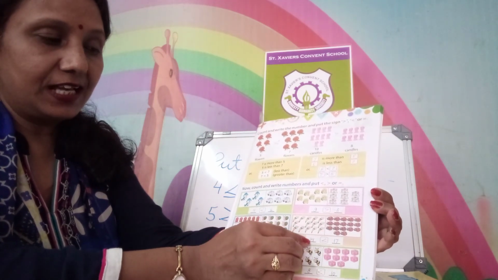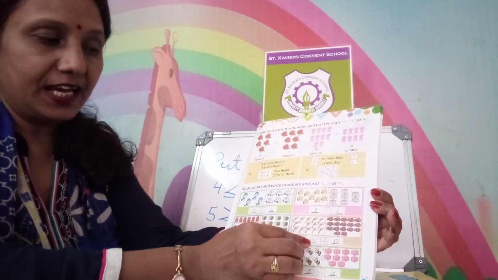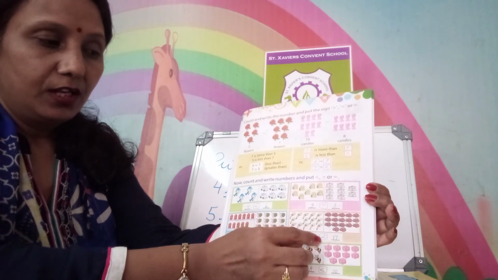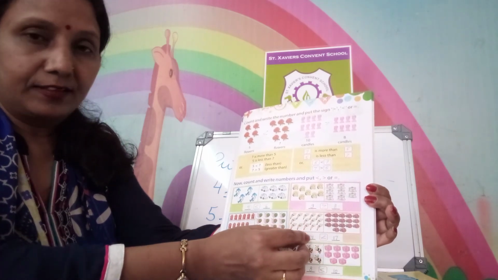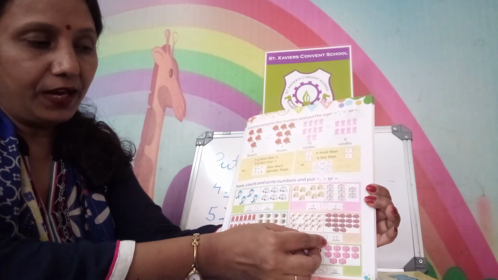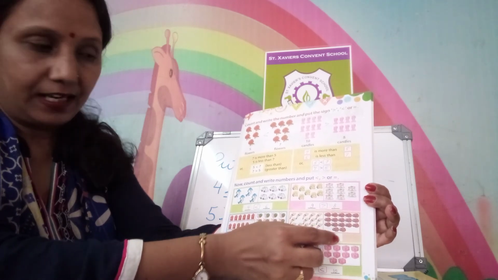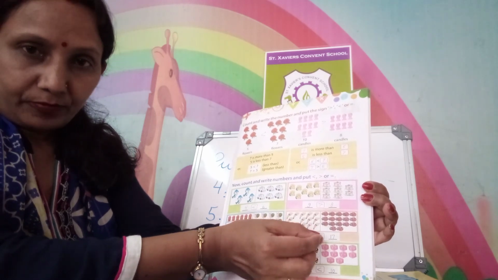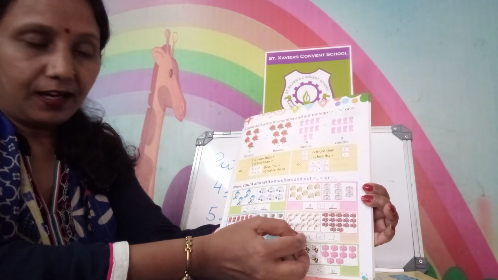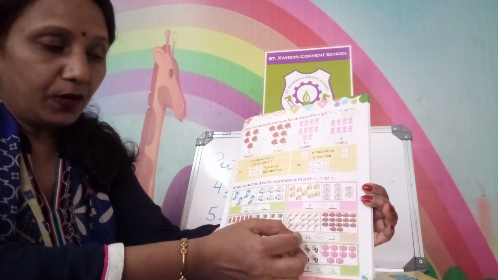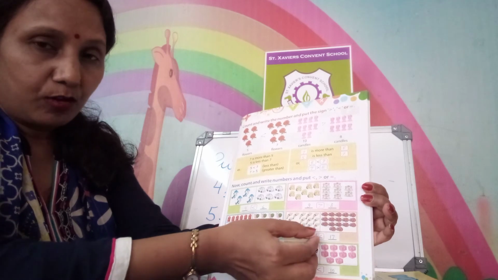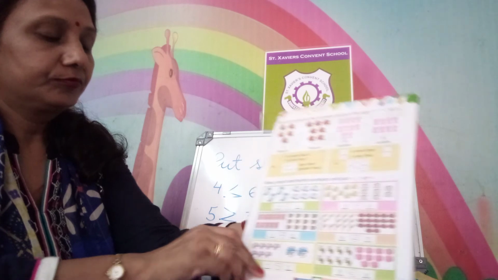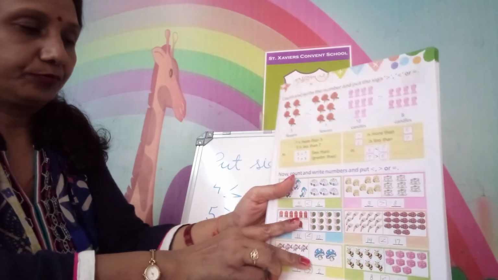17. So which is less? Which number is less? 14. 14 is less than 17. So the point is closed on which side? 14 side, and the point is open on which side? 17 side. If the things are greater, more, put the open mouth, and if things are less, so put which sign? That closed. Okay, the less than sign, that mouth closed. Next picture you see.